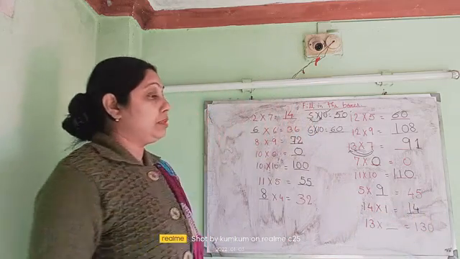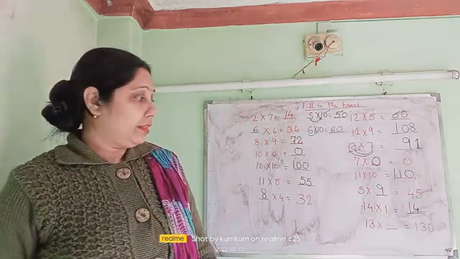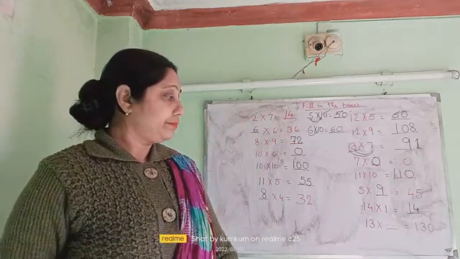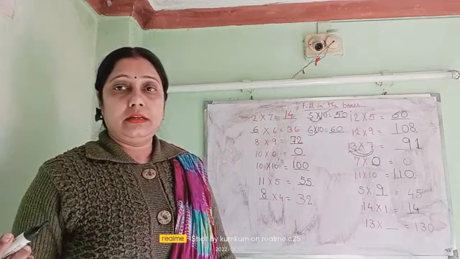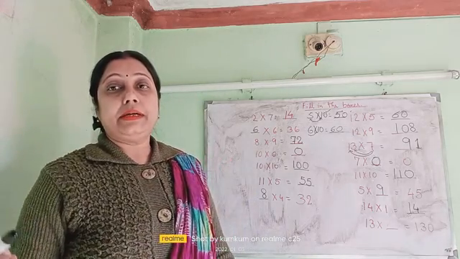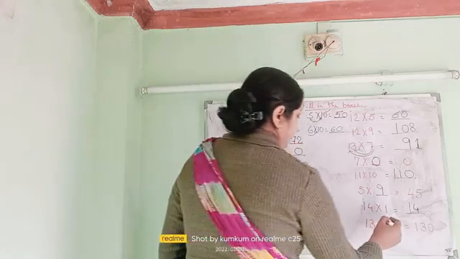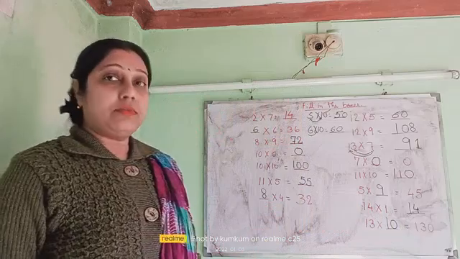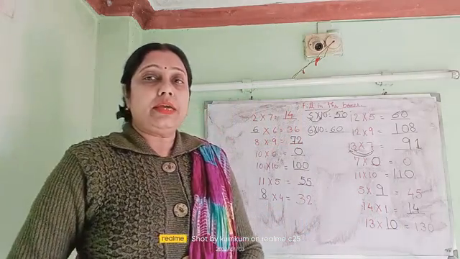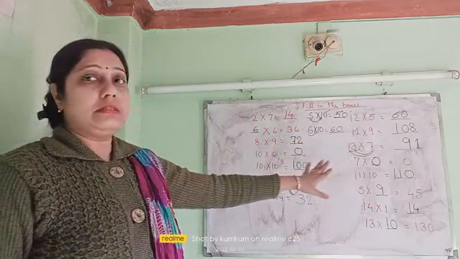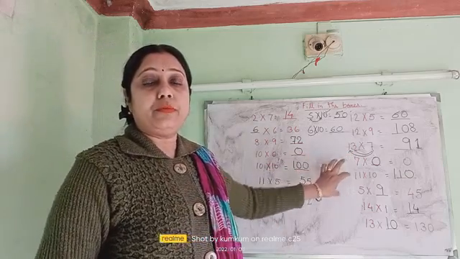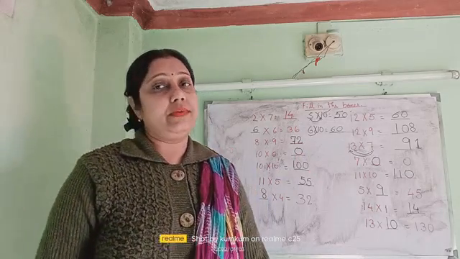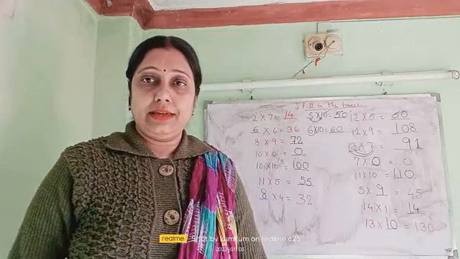Now 13 times how much is 130? We have to read the table of 13. And if you are reading, it will become 13 tens are 130. 13 tens are 130. So in this way you can find out the numbers. So you should have a proper grip over the multiplication table. So learn by heart, and if you are getting a chance, we will revise this topic again. Okay? Thank you, children.